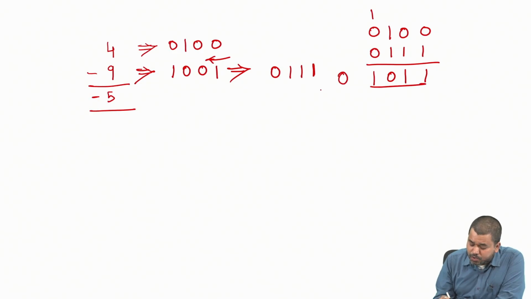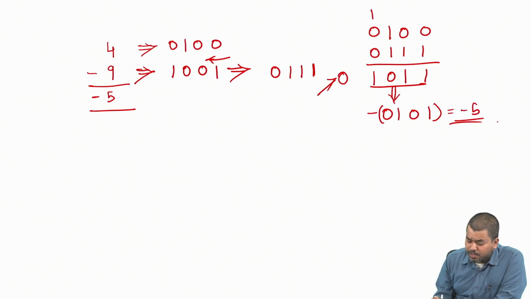0. So here, first of all, let us see what we got. The interpretation is that it's a negative number. To get the magnitude, take the 2's complement of it. So 1 0 1 0. So this is nothing but minus 5. But here I am not interested in the result. I am interested in the carry, if I get a carry as 0, then what is the meaning